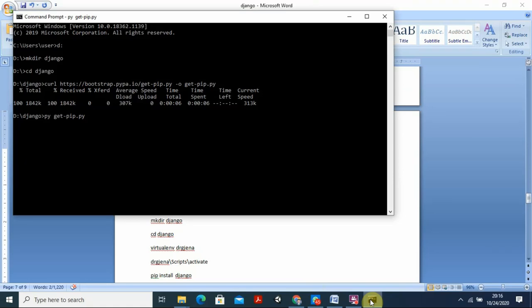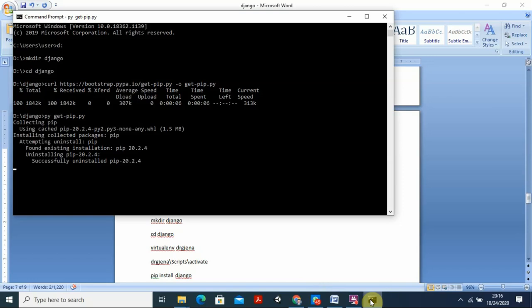So pip is successfully installed here. I think it also takes very little time for these installations. So it is doing all things for you. You can see it here. It is collecting pip, installing the selected package. Now it is over successfully. Successfully installed pip version 20.2.4. So up to this you have done successfully.